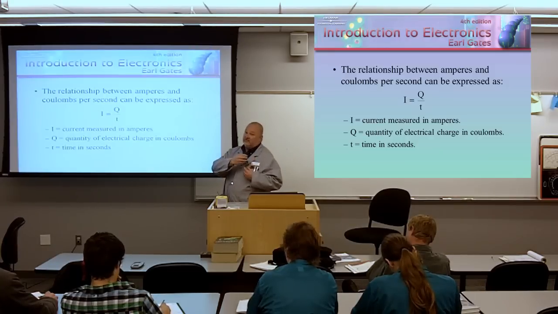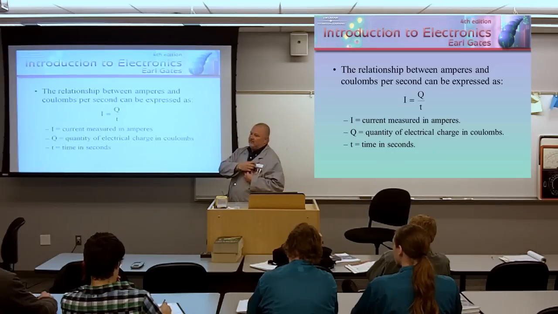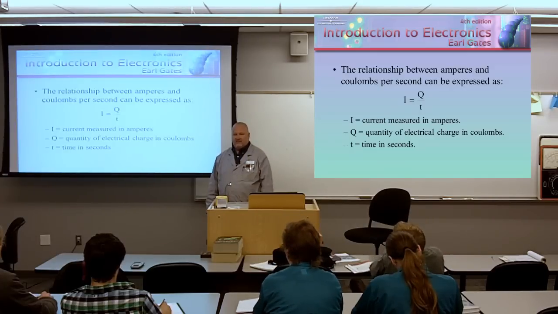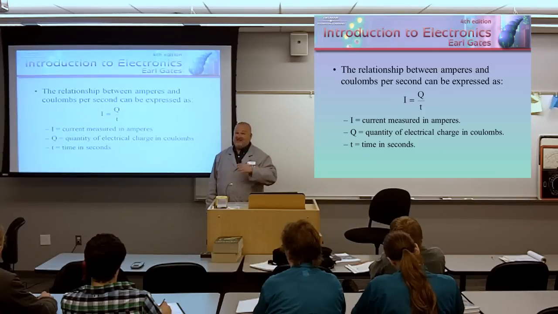Now be careful with this, because I could ask you a question about number of electrons. Is number of electrons coulombs? Number of electrons is number of electrons. Coulomb is 6.24 times 10 to the 18th electrons. So this formula only works